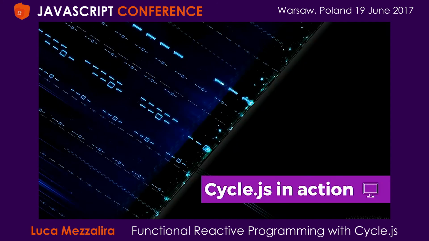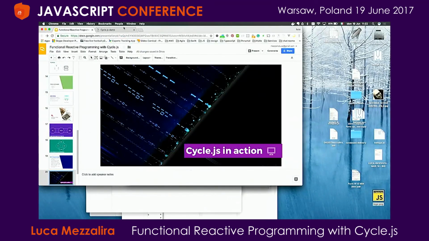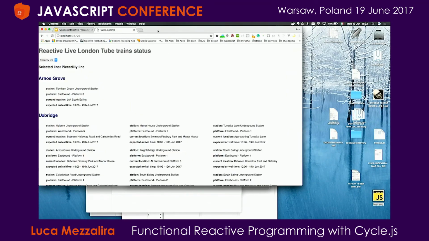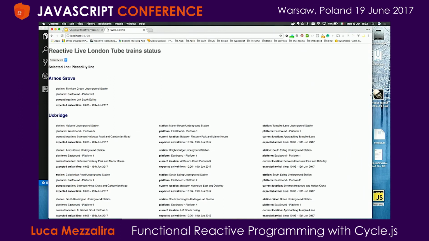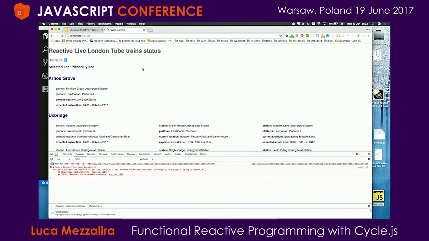It's pretty cool. Let's see Cycle in action first, because I know it's too much talk sometimes, and you need to see some code from time to time. What I'm going to show you is a simple application. I think I'm online, so you should see a refresh at some point. What we have here is all the trains currently running in London inside the tube. Nothing else. I can pick a line here, this one is Piccadilly, I can go to the Bakerloo line. And if I'm still connected, hopefully... probably not. Let me see if I'm still connected. Exactly, not.